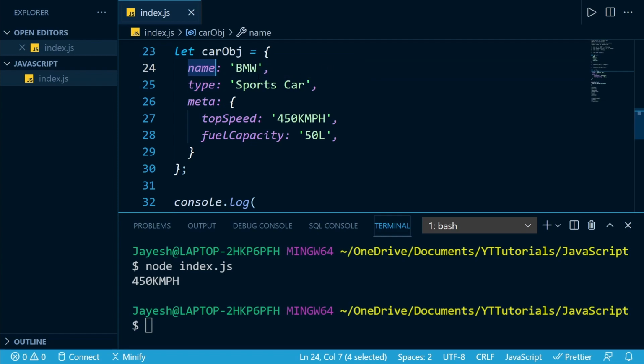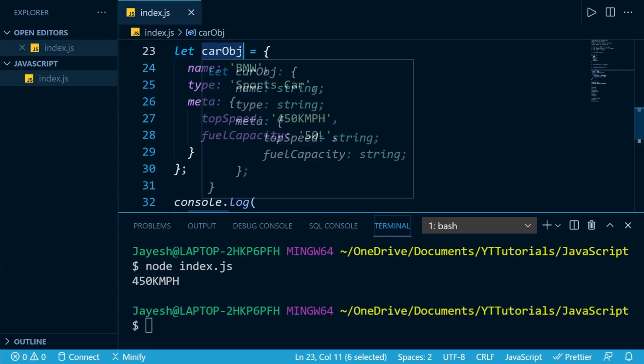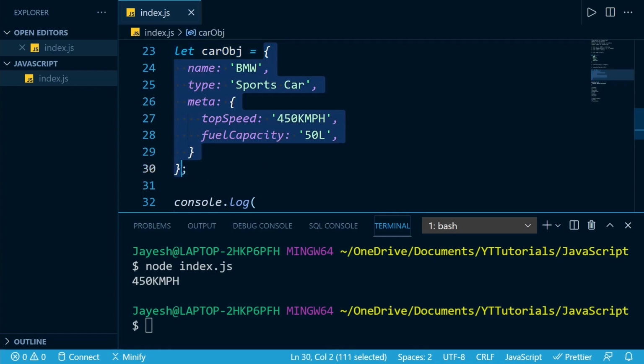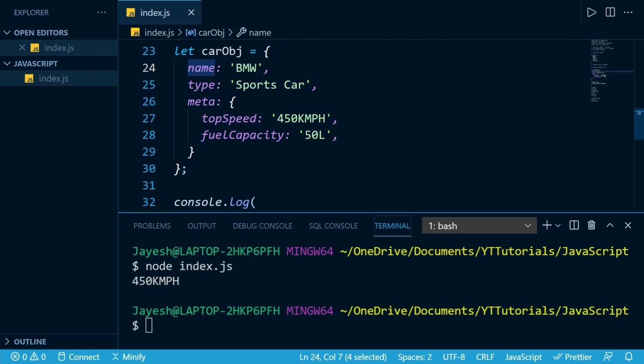The property's value, that is the right hand side of the property, the value we give it by colon, is somewhat similar to equals to. Here we have a variable name, and on the right hand side we have the value of the variable. Similarly, here we have the property name, that is the key, and here we have this colon instead of equals to, and here we have values.